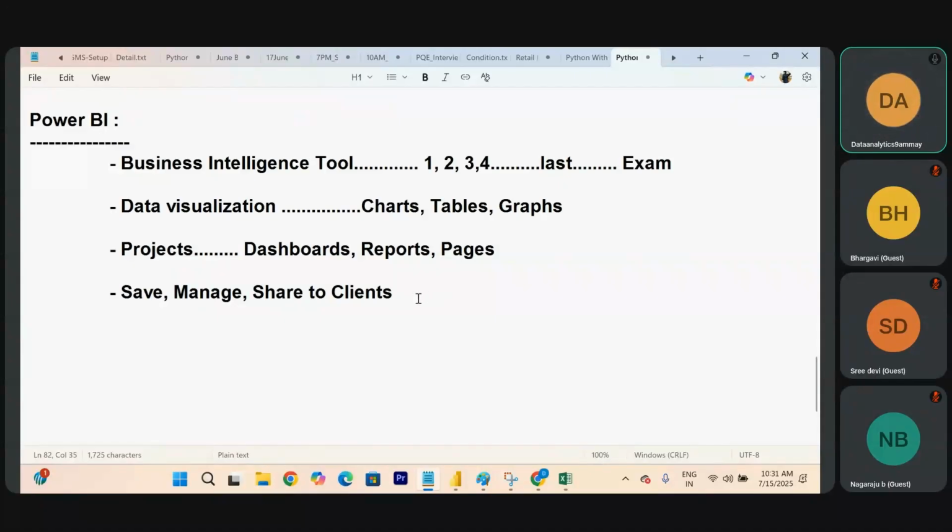So what is required here? The data and Power BI. So in Power BI, let's understand the prerequisites. What do you need on your laptop to install Power BI? The first thing you need is 1 GB or 2 GB of space in your local C drive.